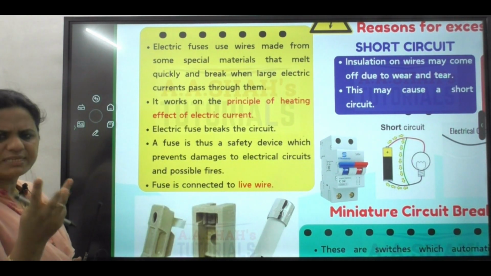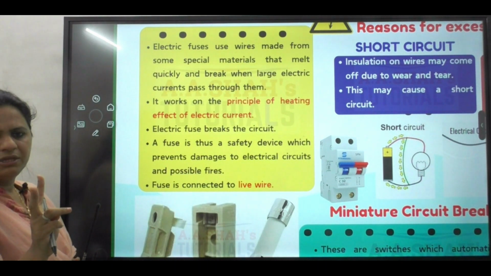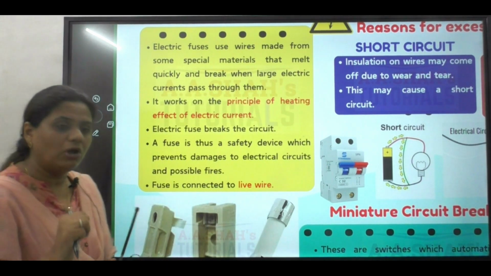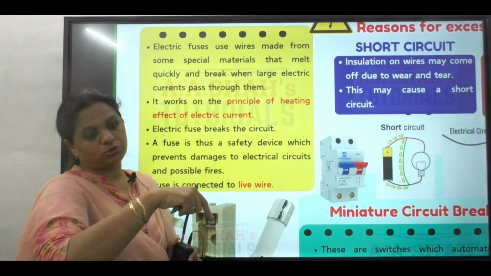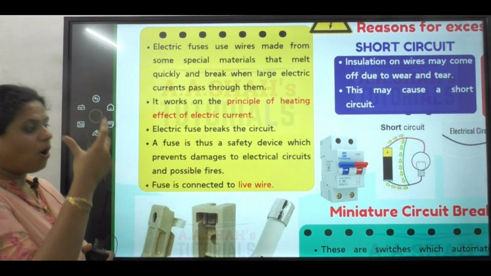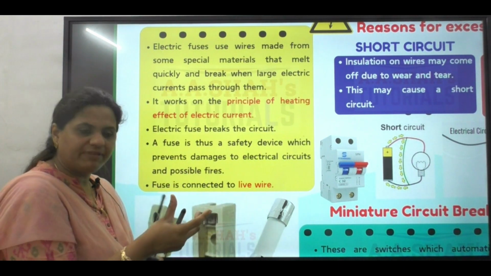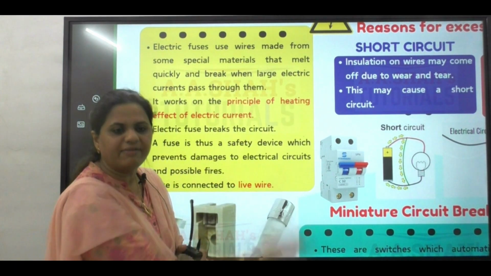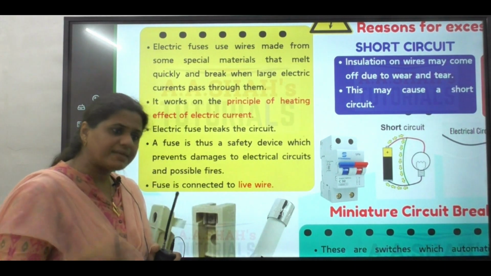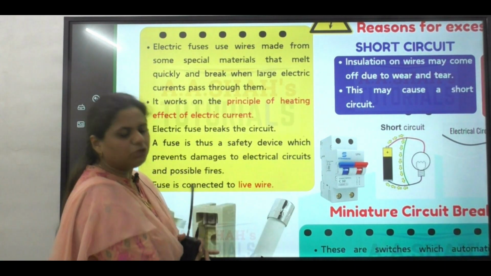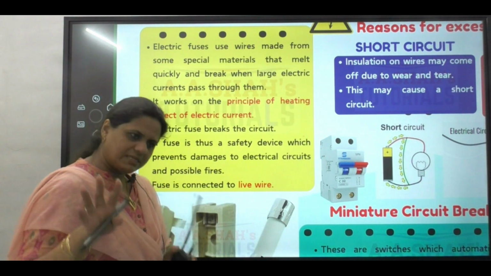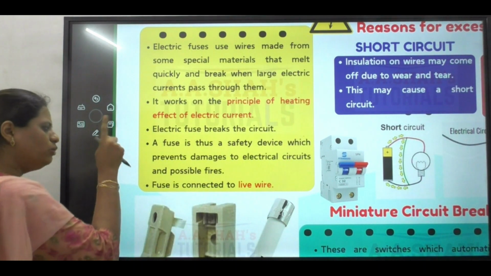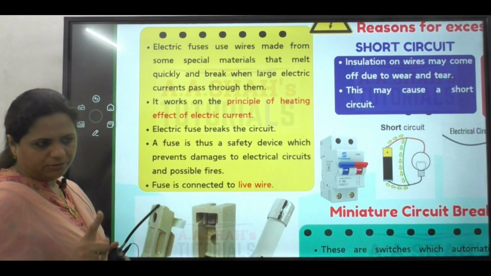There are three types of wires. You must have seen. There are 2-pin plugs and 3-pin plugs. 2-pin plugs are live wire and neutral wire. And 3-pin plugs have earthing also. That is the third safety device which is used. So in heavy devices, like you may have an iron, or a computer, or a TV, we have 3-pin devices. The third pin is an extra pin which is connected to the earth. It is called earthing wire. Matlab, if there is high amount of electricity passing, the earthing wire will take the entire high amount of electricity to the ground. And you are safeguarded. So that is the third safety device. Earthing. And if you are using a fuse, fuse has to be connected to live wire, not neutral or earthing.